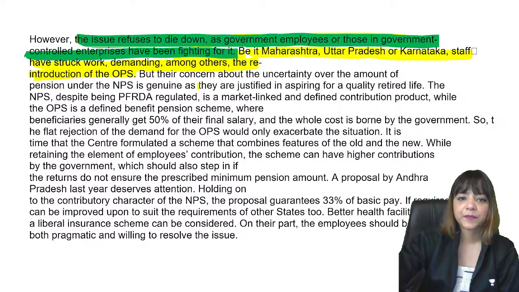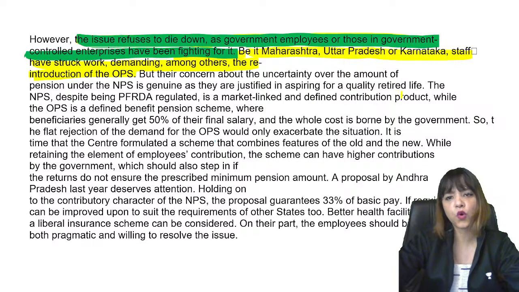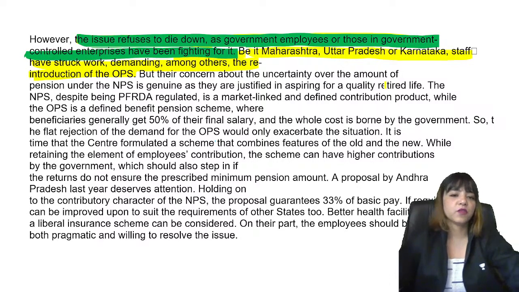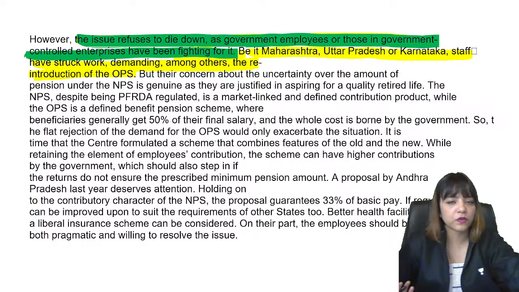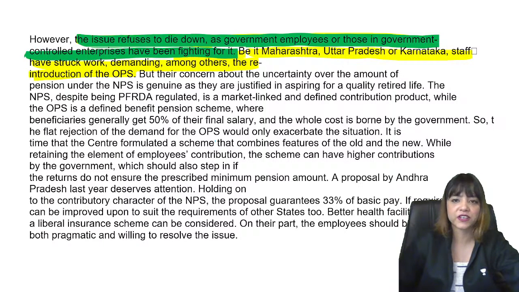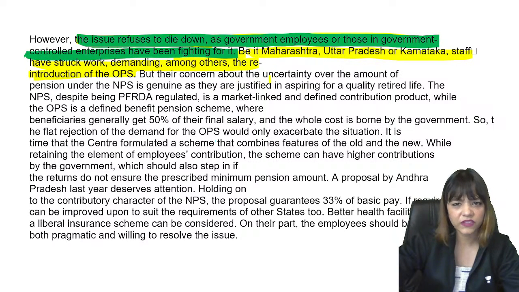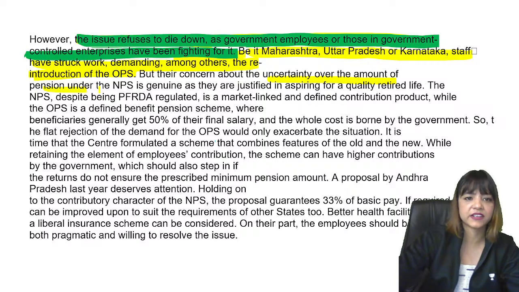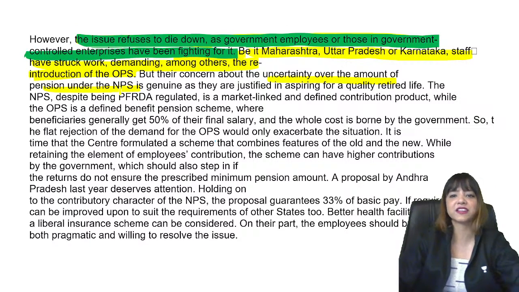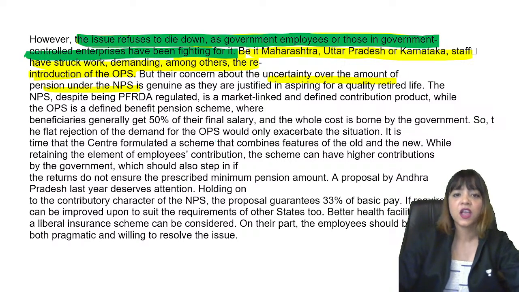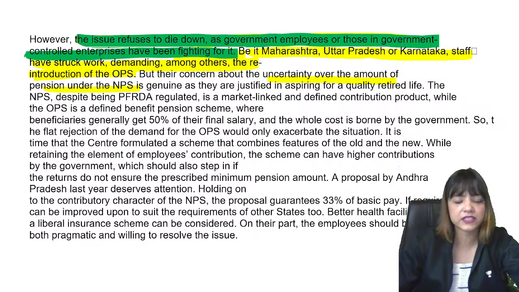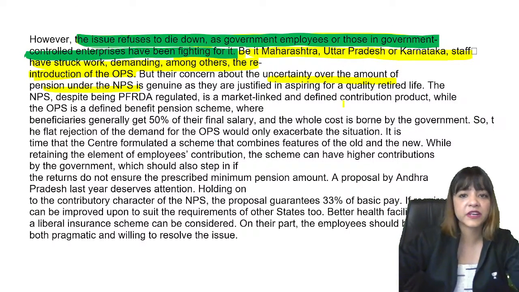बट देयर कंसर्न about the uncertainty over the amount of pension under the NPS is genuine, as they are justified in aspiring for a quality retired life. तो ऑथर क्या बोल रहा है? लेकिन ठीक है, ये तो इशू खत्म नहीं हो रहा है बिकॉज ऑफ द गवर्नमेंट एम्प्लॉयज इनके वजह से, लेकिन इनका एक पॉइंट भी सही है कि ये जो अनसर्टेनिटी ओवर द अमाउंट ऑफ पेंशन अंडर द एनपीएस। एनपीएस अगर लागू होता है तो उसके अंदर बहुत अनसर्टेनिटी है, पेंशन का अमाउंट कितना होगा। और ये कंसर्न बहुत ही जस्टिफाइड है, ऑथर बोल रहा है कि ये सही कंसर्न है, क्योंकि सबको ही चाहिए, एवरीबडी वुड वांट अ क्वालिटी रिटायर्ड लाइफ, है ना। रिटायरमेंट के बाद अच्छा लाइफ जीना एवरीबडी वुड वांट इट।